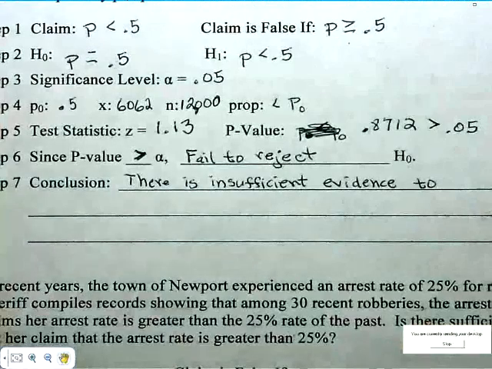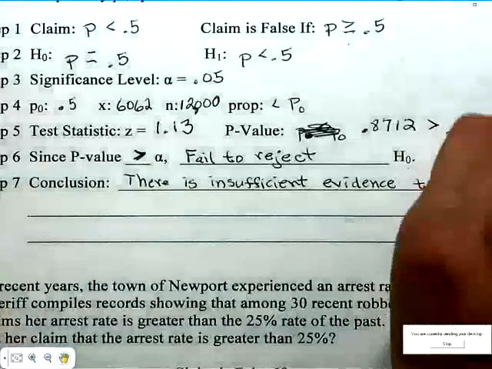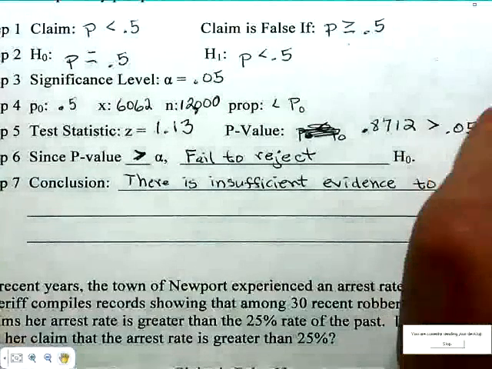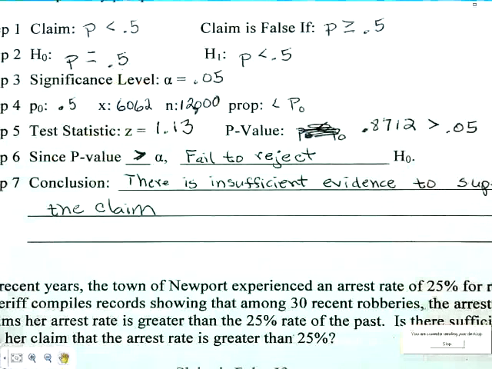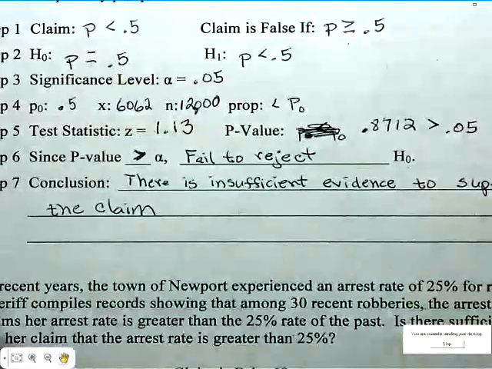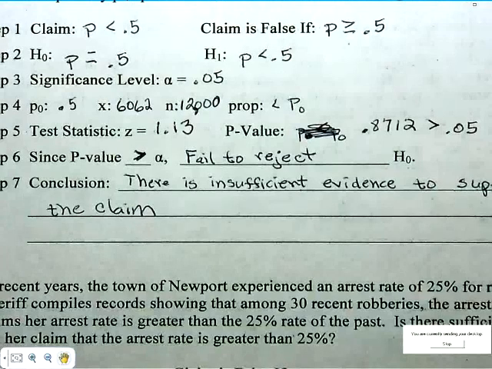So there's insufficient evidence to support the claim. I don't want to finish that sentence with P is less than 0.5. Somebody didn't come to you and say, test the claim that P is less than 0.5. Somebody said, test the claim that people actually can postpone their deaths for a major holiday. So that's what we need to say. There is insufficient evidence to support the claim